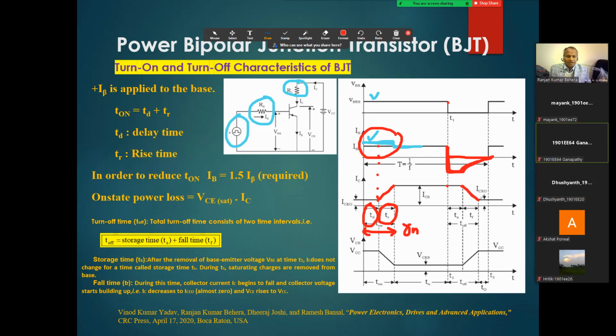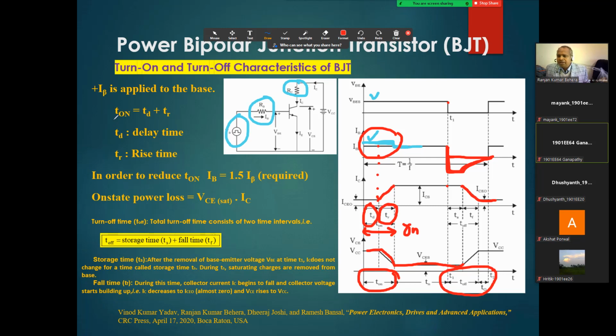The collector current starts decreasing, and then there is just a saturated or leakage current. Similarly, the voltage also will start coming down, and then this is the saturated voltage again. So this is called the on state characteristics, and this is called the off state characteristics. These characteristics vary according to the device, and also according to the load. There are different kinds of load, and according to that load these characteristics will vary. But in general, the on state and off state characteristics are nearly the same.